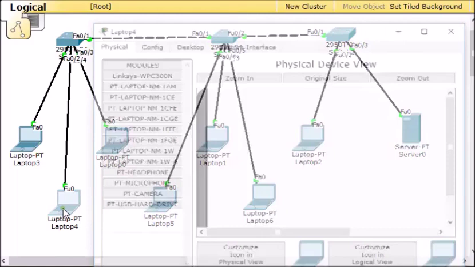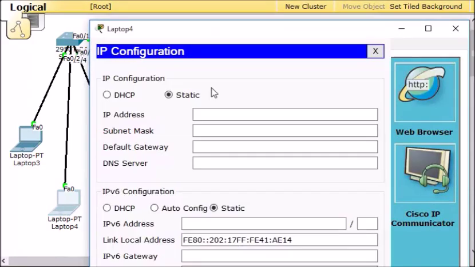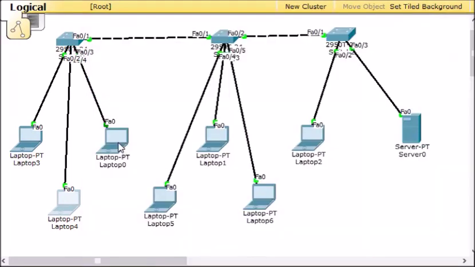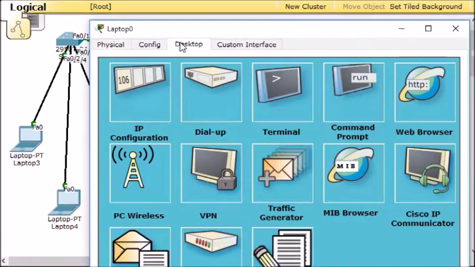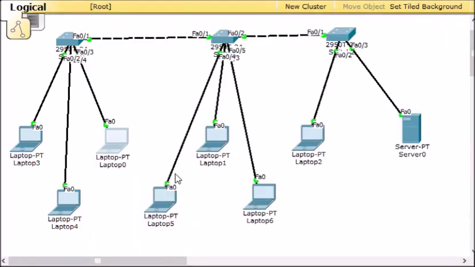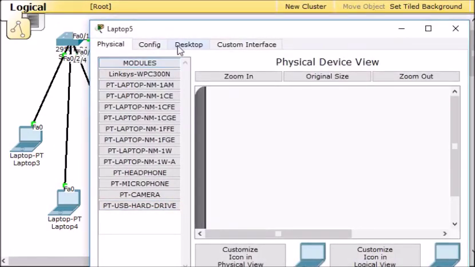All you have to do is connect a server and all the devices to the same network, with the server as well. After configuration of DHCP, you can assign the IP addresses dynamically to all the devices connected to it. So right here I am clicking on the next device and the desktop IP configuration. I only have to set the IP configuration as DHCP. Look, the IP address will be assigned automatically. This will be done by the DHCP server.